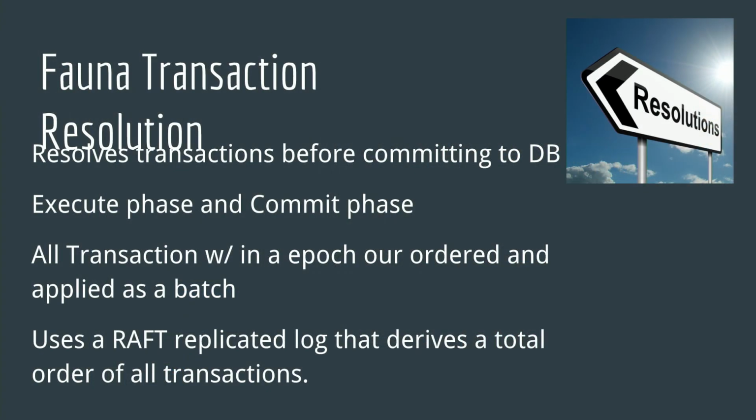So how does the transaction resolution work? It resolves these transactions before committing them to the database. It has a Raft replicated log of transactions, which derives the total ordering of transactions. When I write a transaction to the database, it puts it into an epoch batch, and does a global resolution of that transactional log. That's a very high level skimming over it. They do a lot of things to avoid cross-regional replication. If that batch of functions only has a read, then I can do optimistic locking. All these kinds of things optimize this entire process.